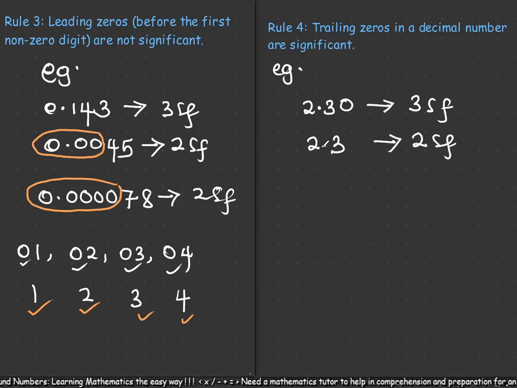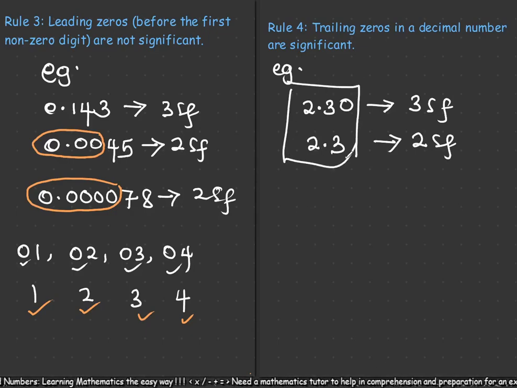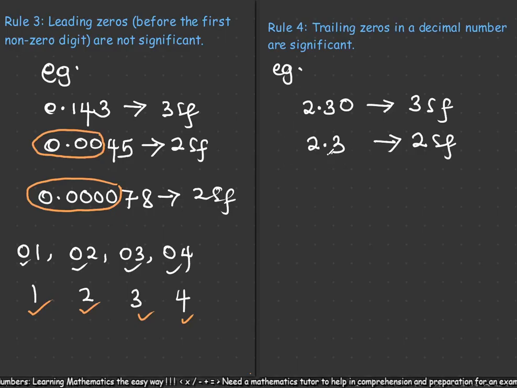figures. Now, in mathematics, you realize that both of these are of the same value. Both numbers here are of the same value, but they are of different significant figures. This one has got 3, that is plus the trailing zero, and this has got 2. If we have